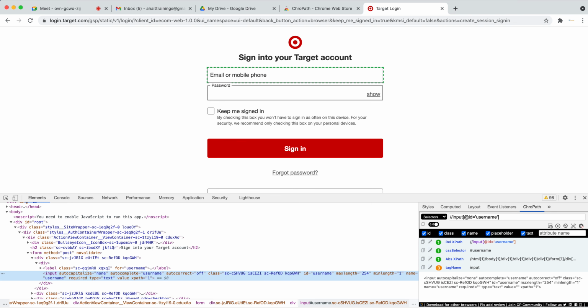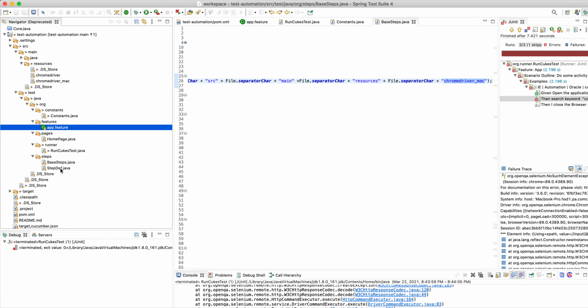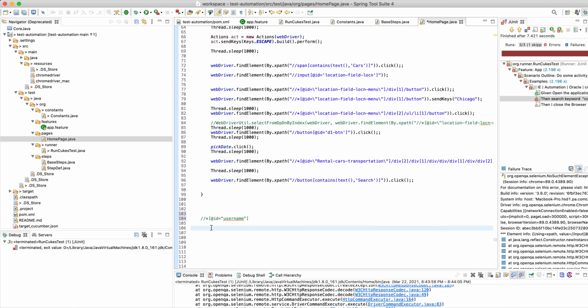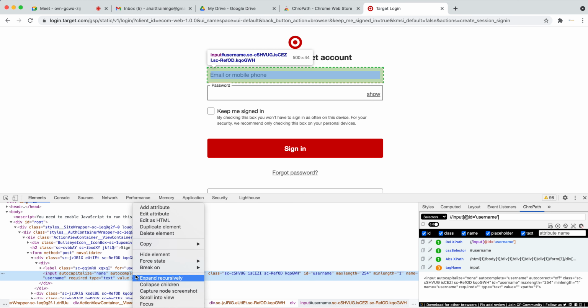When you right click and copy XPath, when you go to your code, see this is the XPath I just copied from the browser. It is saying //*[@id='username']. Even the browser is also saying this is the XPath.